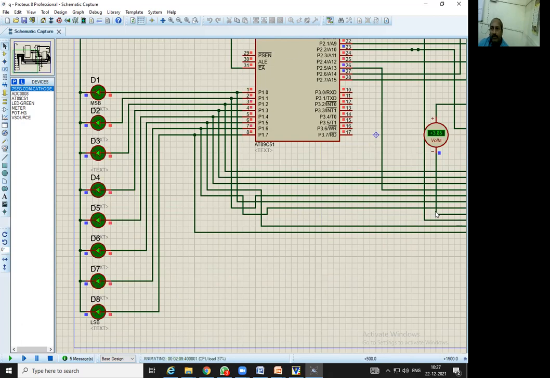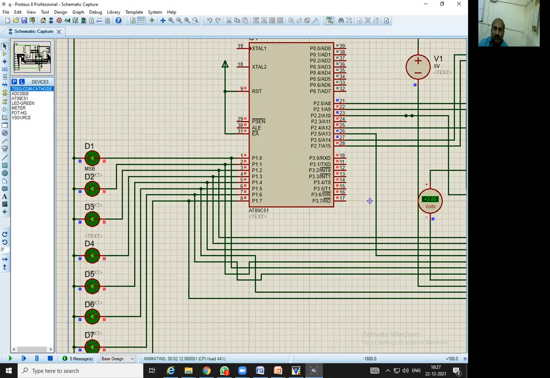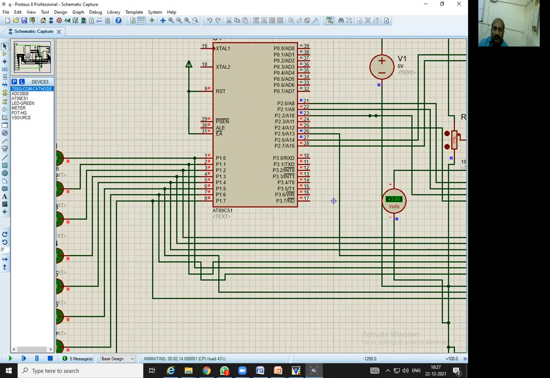Where is that pot? Scope. So now you can see clearly. I am making this a little low, so the LED position is going to change. See here, as I am making it.